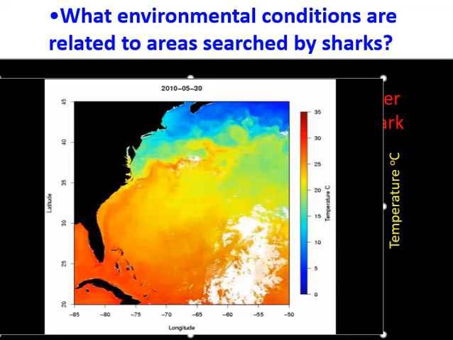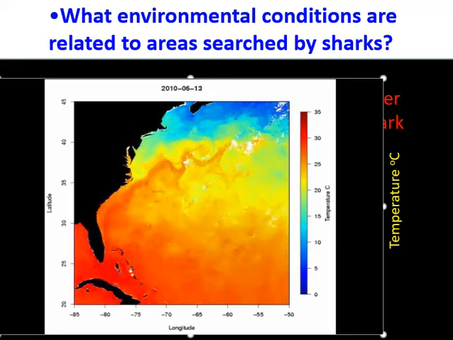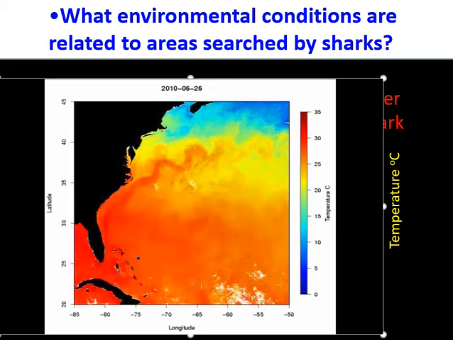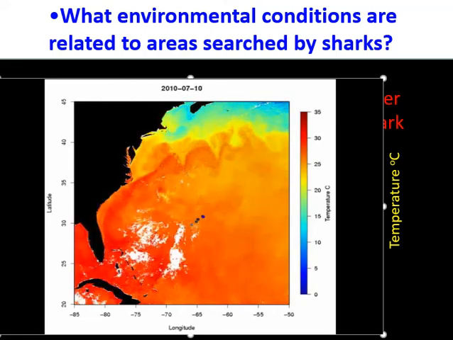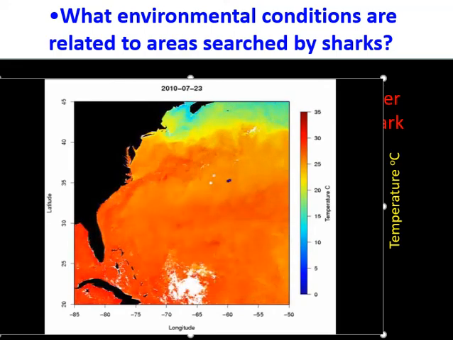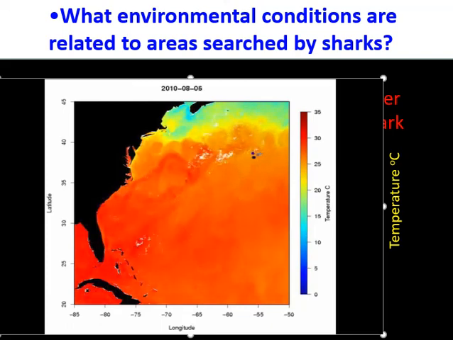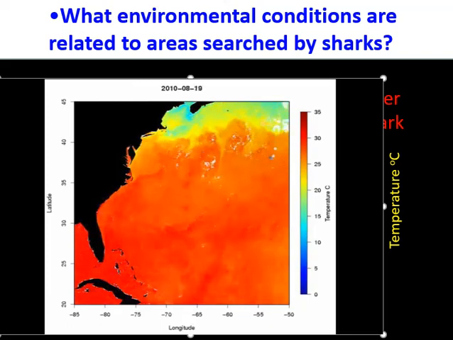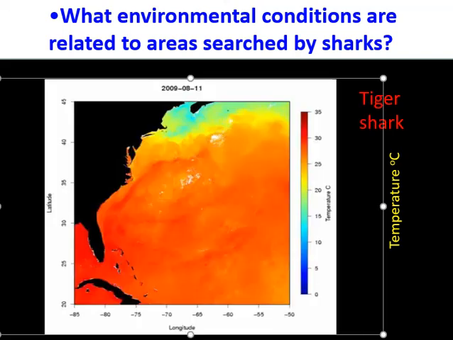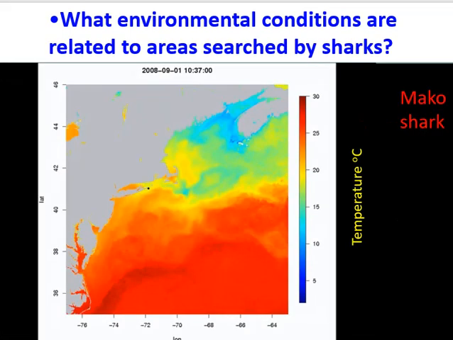Now it's May, and look at that blue dot there in the Bahamas. This shark is going to leave, but there it goes, and it takes off out into the open ocean in July. And there it is in August, way up north, 40 degrees north as opposed to the Bahamas. So you can look at environmental conditions like this. Sea surface temperature has a big influence on the movement of animals, productivity, that chlorophyll, and some other indices as well.